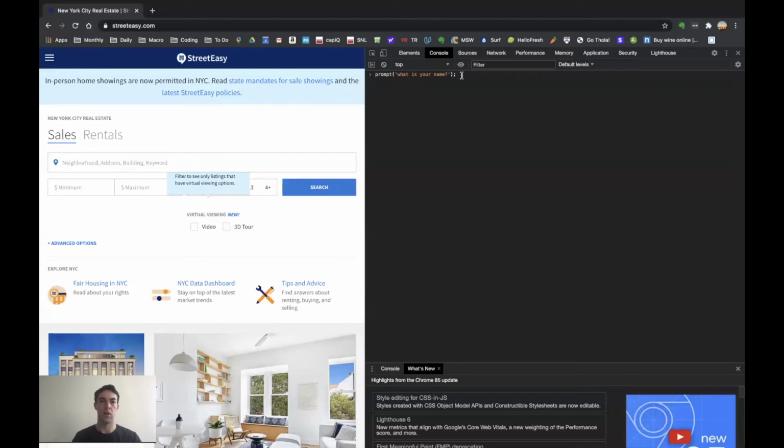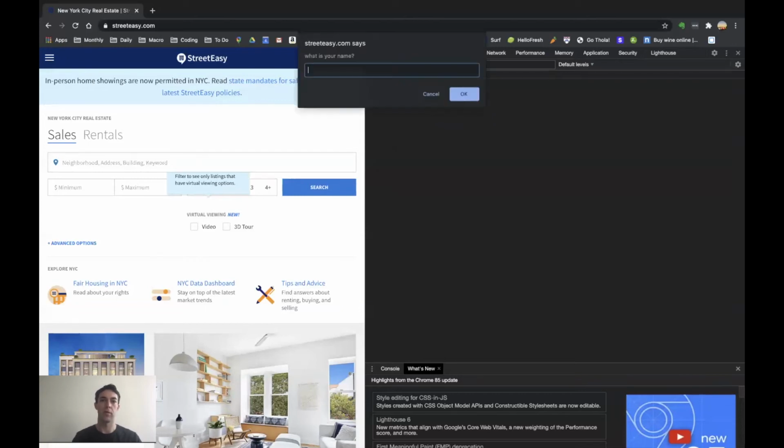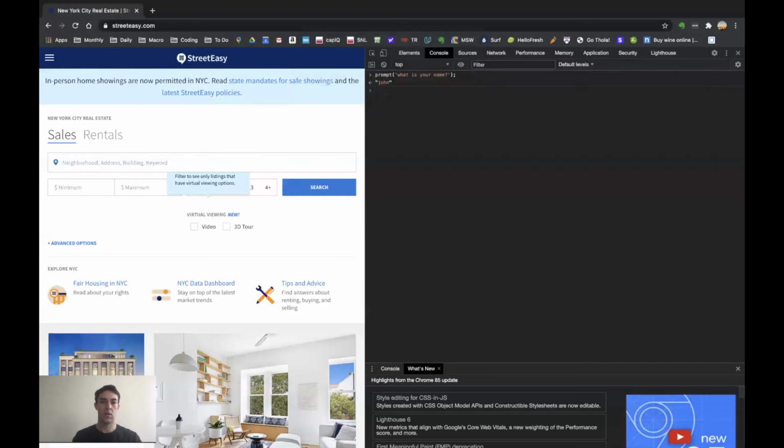I press return. This is going to ask me for my name. Put in John. And that's all it does for now. So now what we want to do is use that information and store it somewhere so that we can actually use it. So we're going to declare a new variable called name, var name,